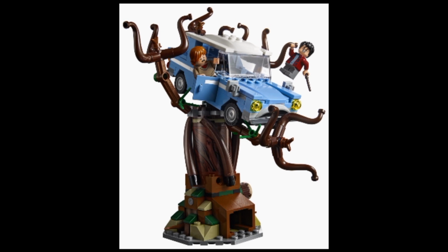Again, we're just getting a lot of stuff. Here we have a new print on each door with a little white stripe. That's nice. Yeah, the car's pretty great. We'll be able to fit 2 minifigs inside, which is pretty good. Yeah, pretty awesome. The Whomping Willow, though, is the namesake of the set, and a lot of people have voiced